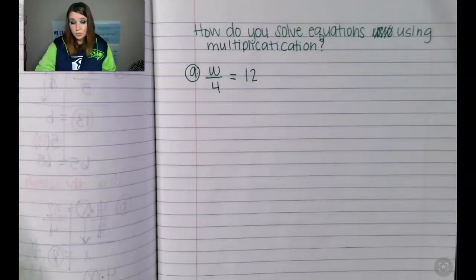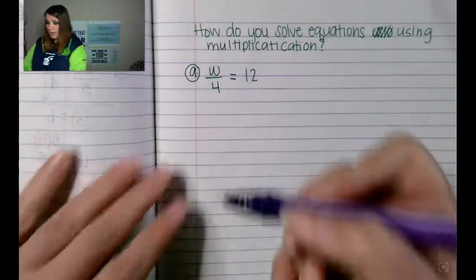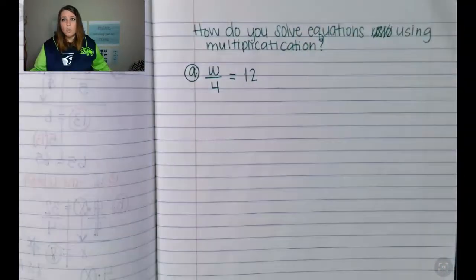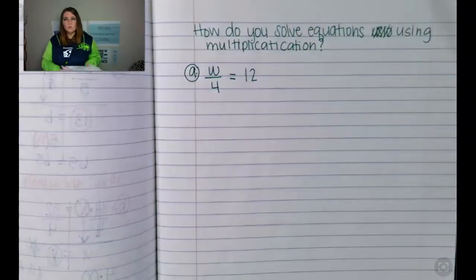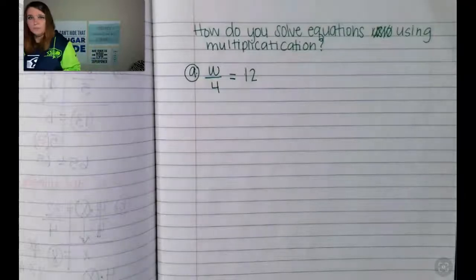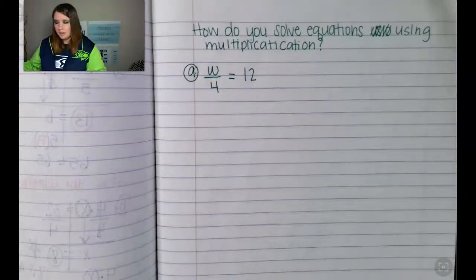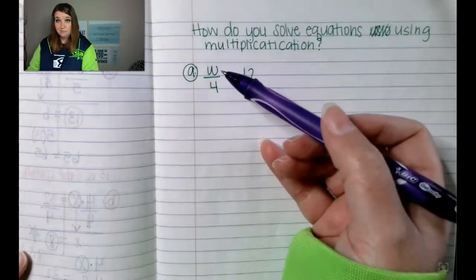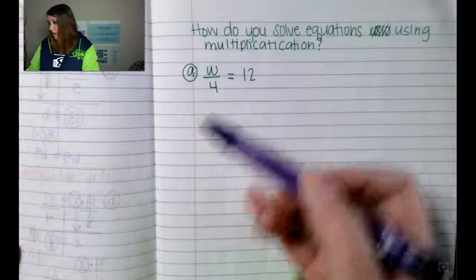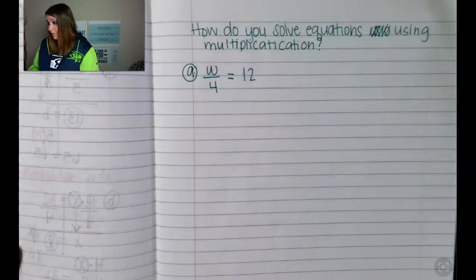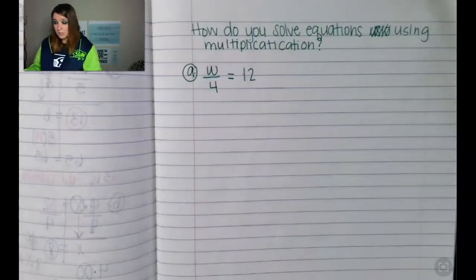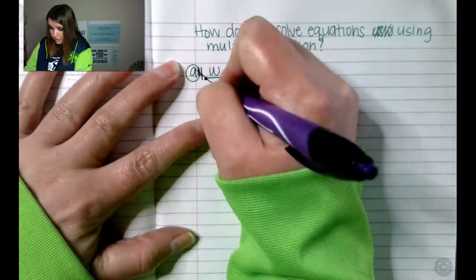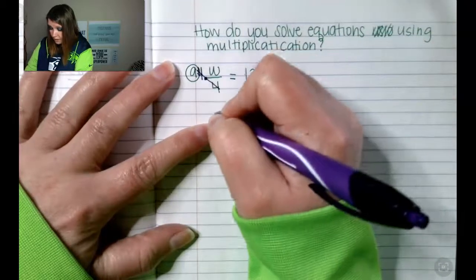Now, it's super easy for us to just look at this and say, okay, I'm going to draw a balance line and just multiply this thing. But what does that actually mean? When you have this W here, what does this actually mean? Well, this W over 4 looks like a fraction, so we're going to rewrite this as a fraction. I'm going to show you 2 ways that you can solve this. One, you could just say times 4 and then cross this out and have W